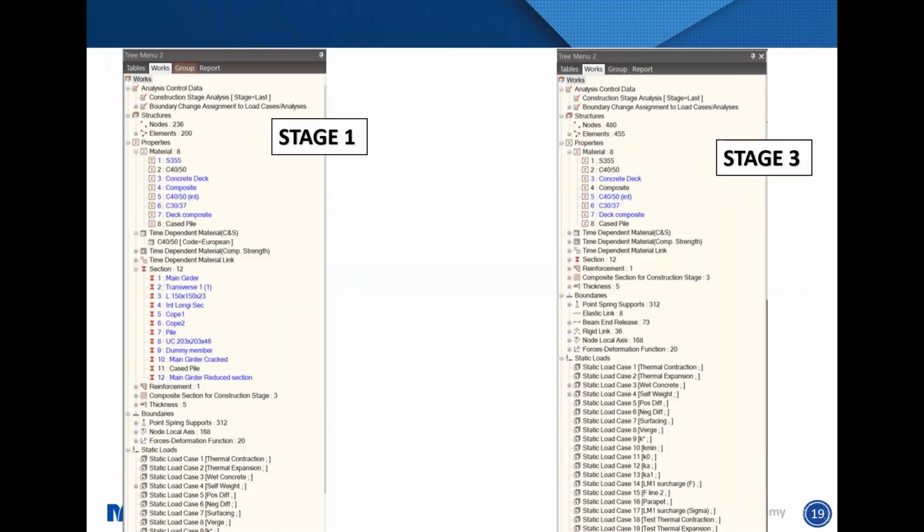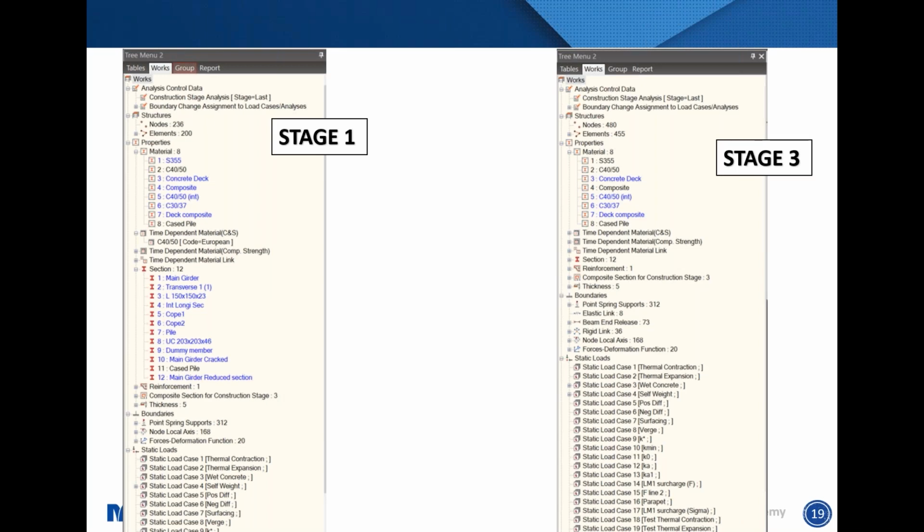In addition to this, as you go through the model, you can do a few checks to see what's being activated. Shown here is the tree menu, which is visible on either the left or right hand side of your Midas when you have it open. Within the different stages, you can see what's being activated and what's not. Key things to see here: all the blue sections highlighted represent elements that are still to be activated.